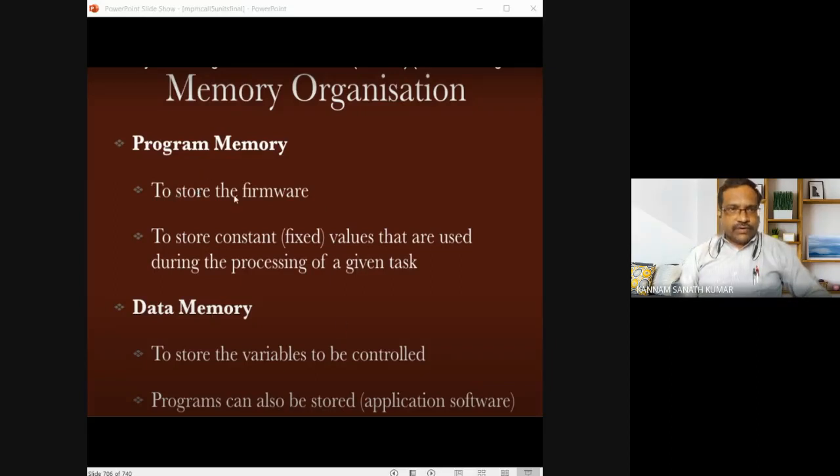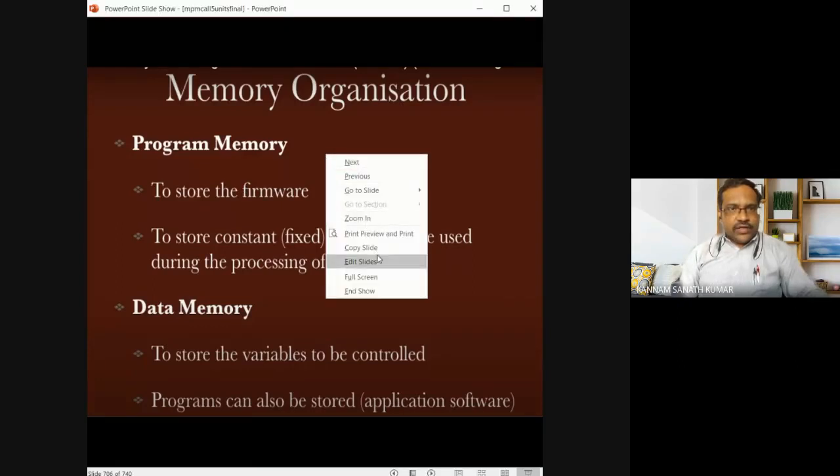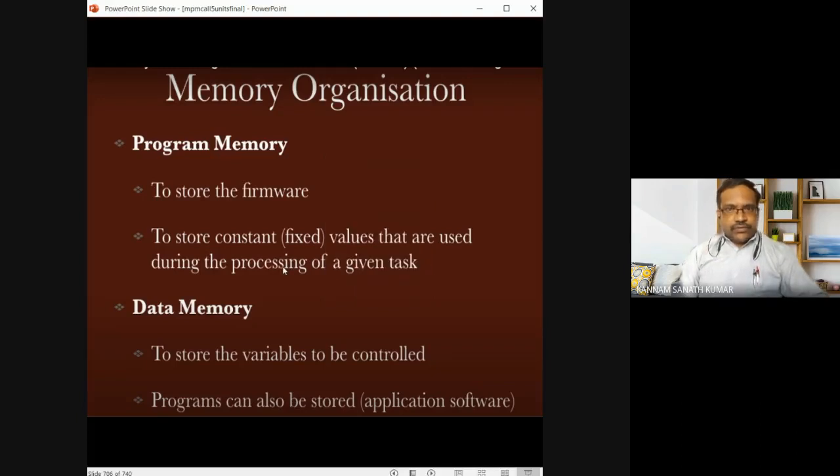For the 8051 microcontroller, you have program memory as well as data memory. What is the purpose of program memory? Program memory is to store the firmware, that means the programs you are writing.